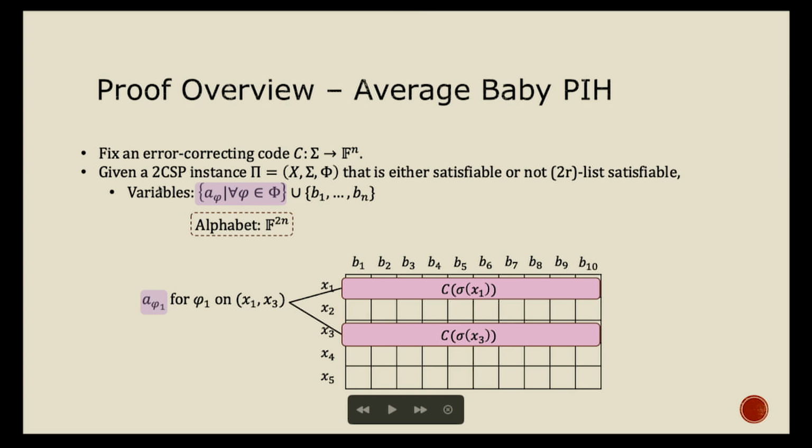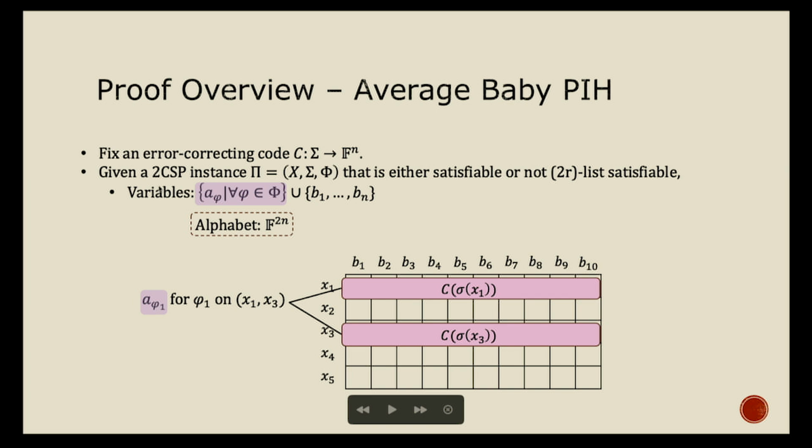Then here's a construction. Given a 2CSP instance, we build the following k by n matrix, where the rows are indexed by the variables x1 to xk, and the columns are indexed by 1 to n, where n is the length of the error correcting code. And our variables are divided into 2 parts, A and B. In part A, we build a variable for each constraint in phi. For example,